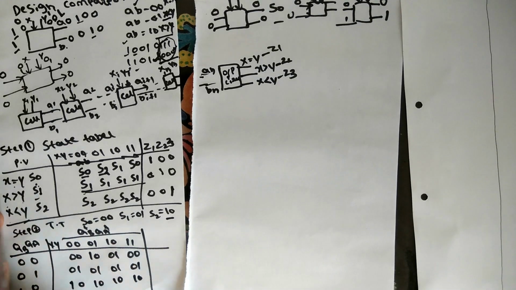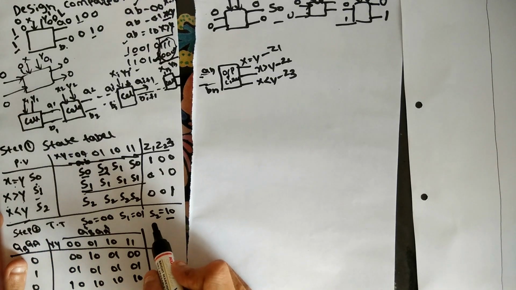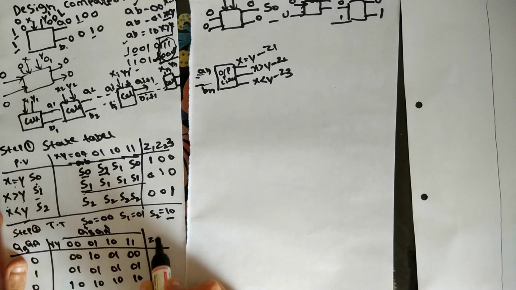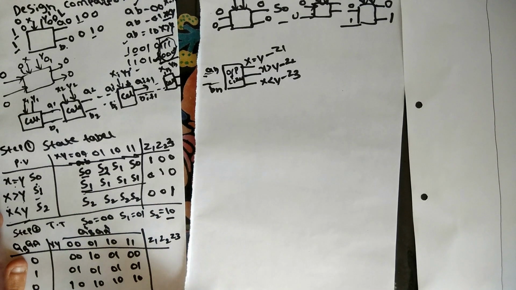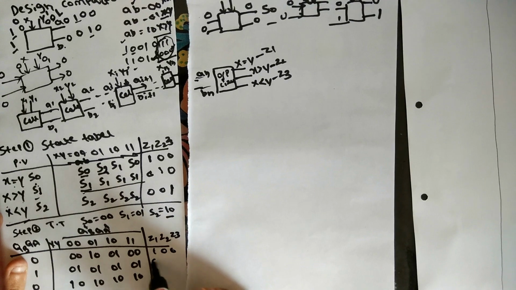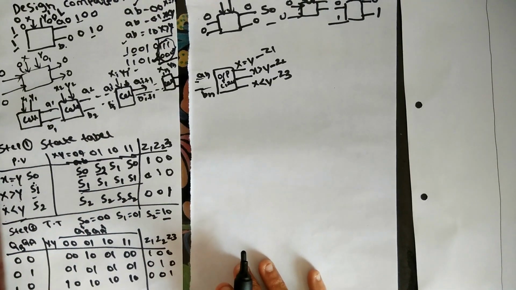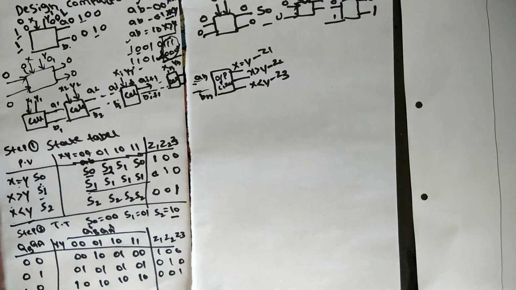So this is how we can write the table. And the last state, that means 1 1, we don't know what the answer is, so we can make it a don't care for all the positions. And we can take Z0, Z1, Z2, Z3 in a similar way. For Z1, Z2, Z3, in these three cases it is don't care only. The first case is 1 0 0, second case 0 1 0, and third case 0 0 1. This is how the truth table is drawn.